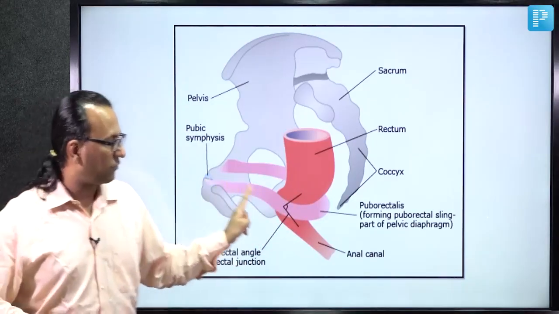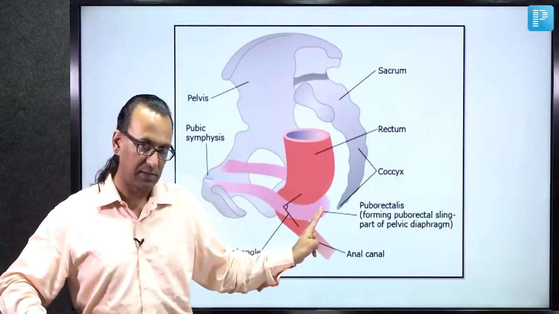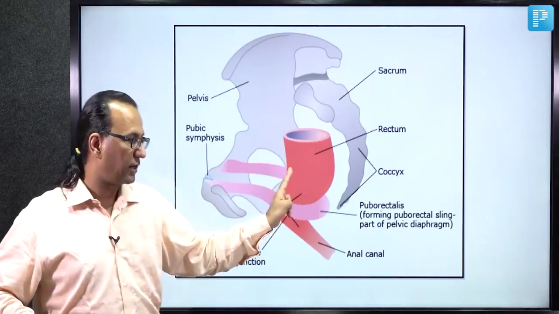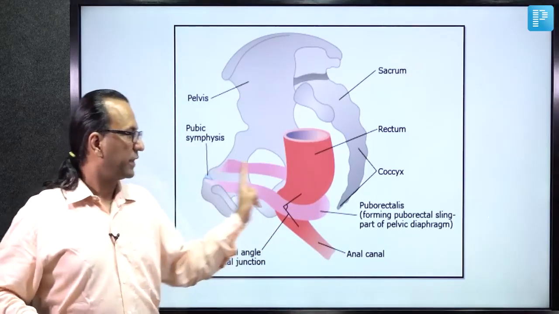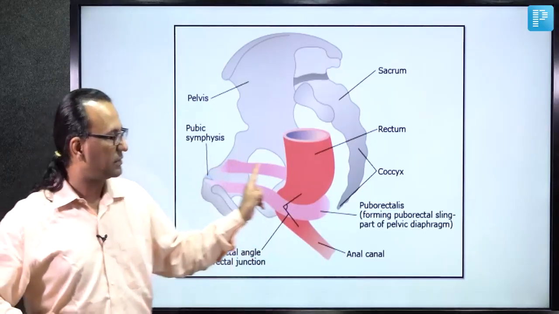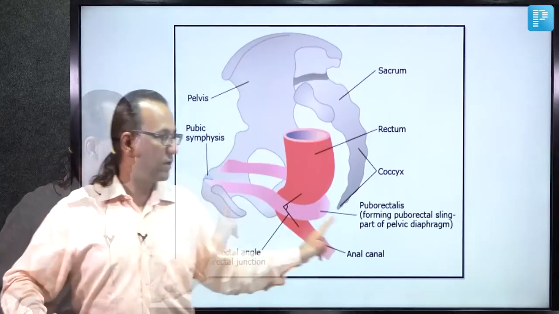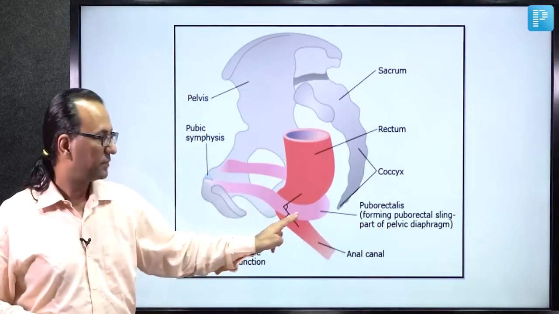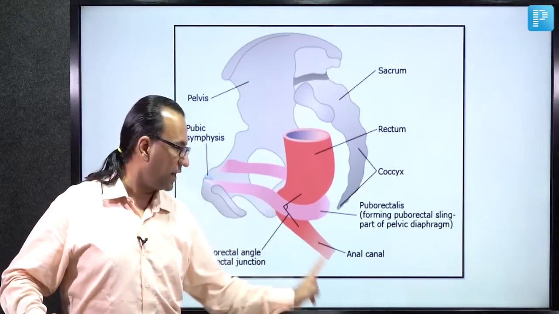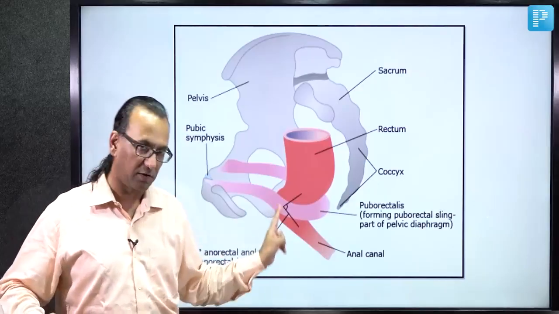For that purpose, we have several factors, and one of them is the anorectal ring contributed by this muscle called the puborectalis muscle, making a sling around the anorectal angle. This puborectalis muscle is a part of the pubococcygeus muscle, is a part of the levator ani muscle, is a part of the pelvic diaphragm, if you remember. Now, the anorectal ring has two more contributions. In addition to puborectalis, there are internal anal sphincter fibers and external anal sphincter fibers contributing to the anorectal ring,